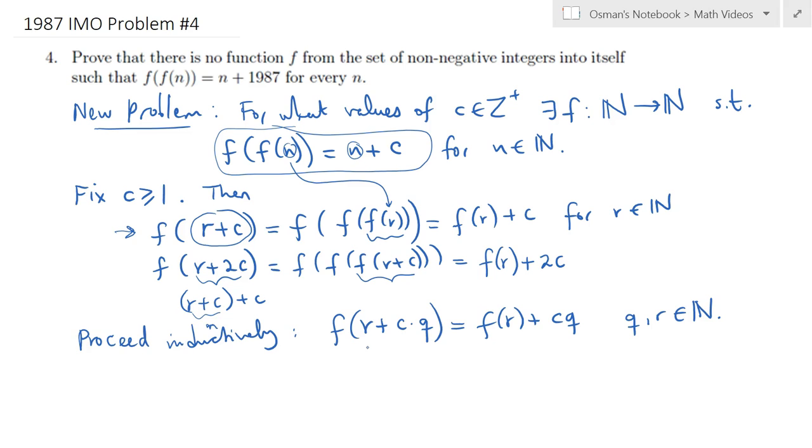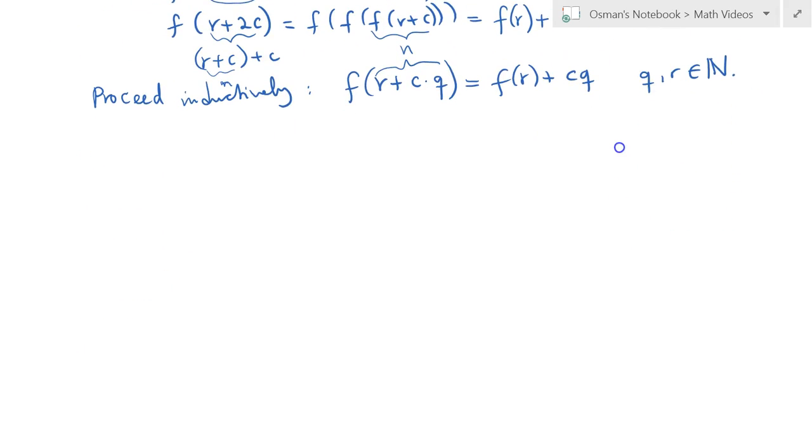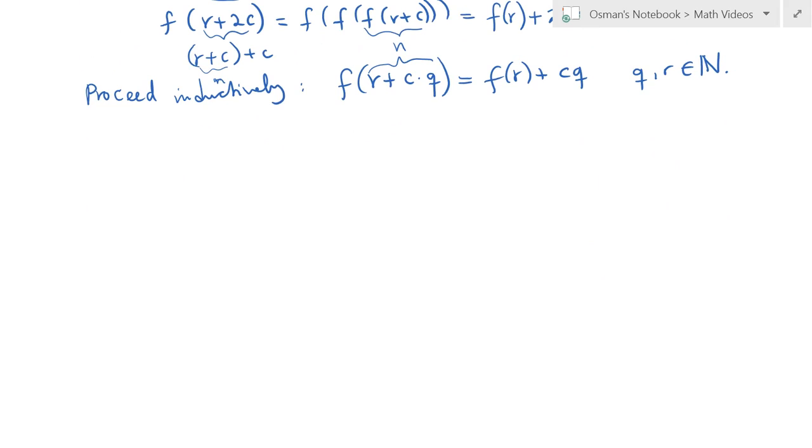This kind of reminds us of, because if you consider this number like an n, the division algorithm here. So as a result, this brings us to the following thing. So let me proceed carefully. Let's consider this set capital C, the integers from 0, 1 all the way to c minus 1. So anytime we pick n in this range,